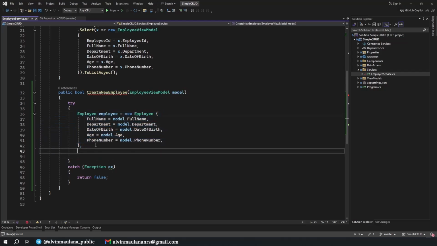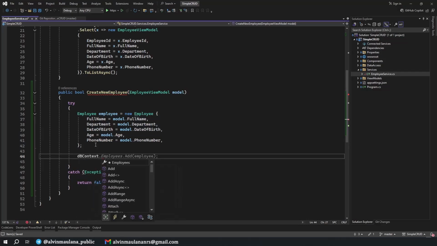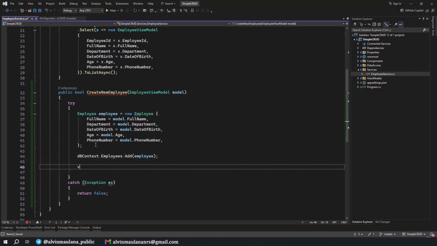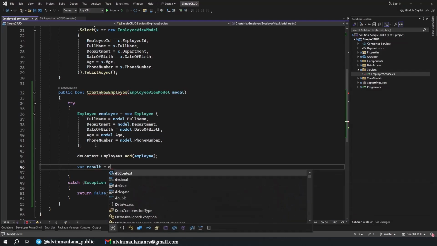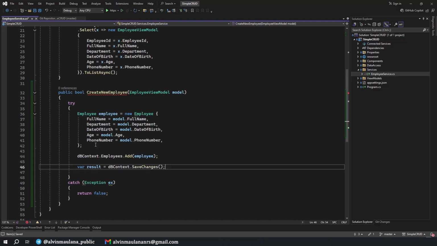And then what we need now is db context employee add. Okay, nice. And then we need to check the result. Var result equal to db context save changes. And if there are any changes in our database, or we successfully submit this employee to the database, it will return 1, because we only submit one data in our database right now.